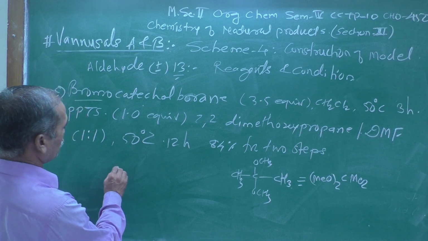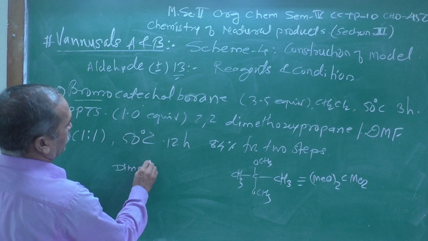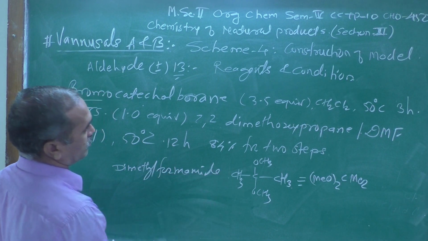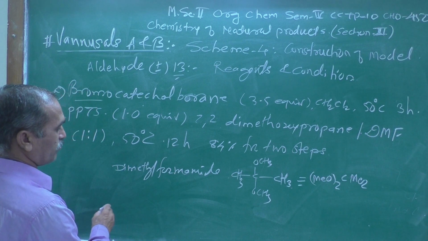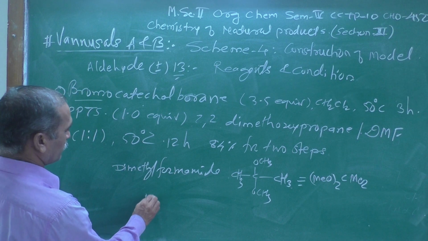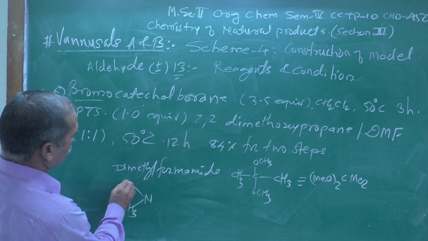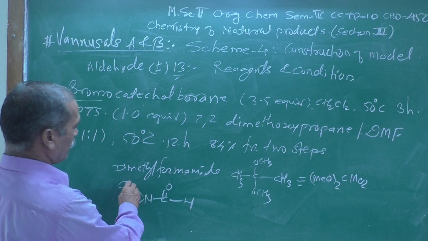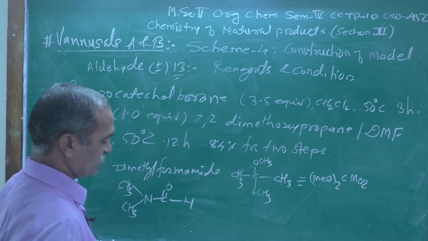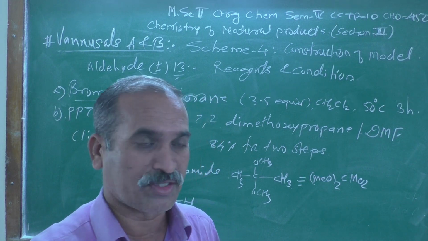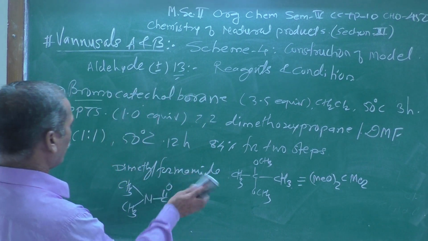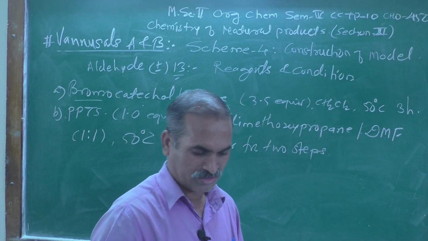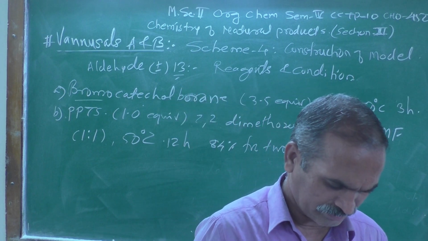DMF, DM is nothing but dimethyl formamide, and you might know the structure of dimethyl formamide: N, then CH3, C double bond O and H. One methyl is cis to the carbonyl group and one is opposite, so they give different chemical shifts. We are not going into detail on that, but this is roughly the structure of the reagents we are explaining.